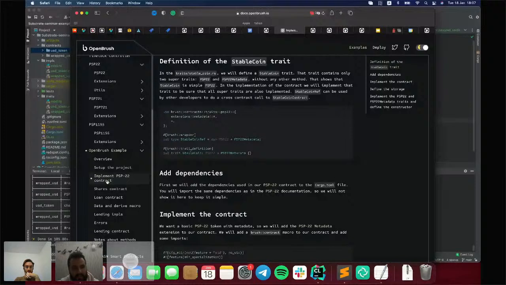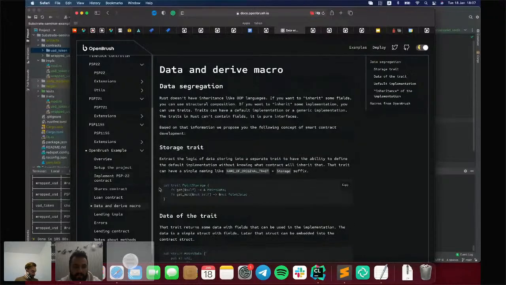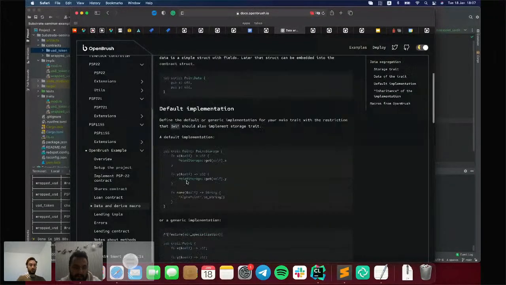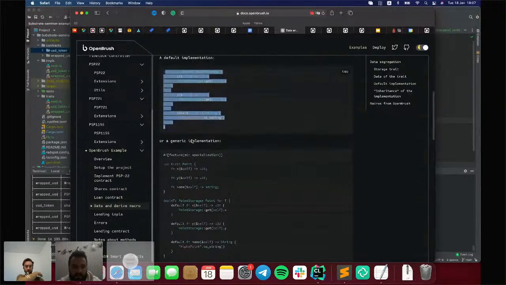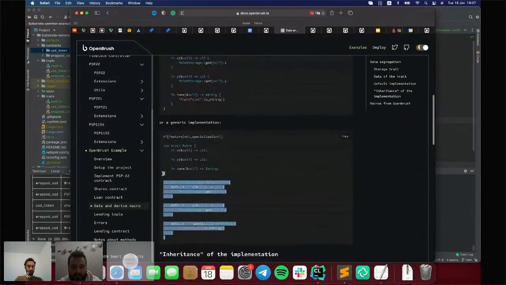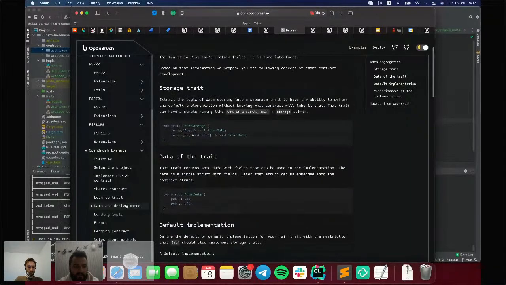It also describes the idea of a storage trait with a derive macro, data structures, and default implementation in traits or generic implementation. So it covers both cases and describes the pros and cons of each.